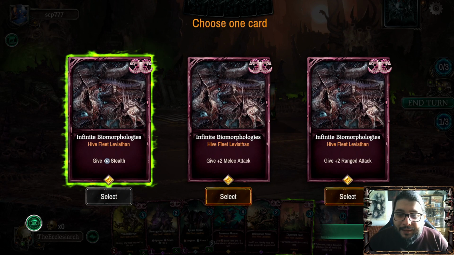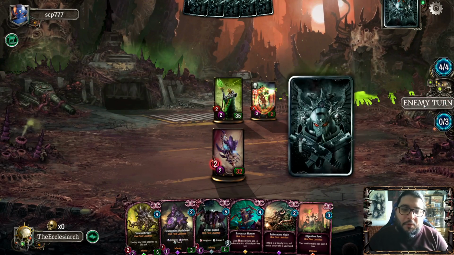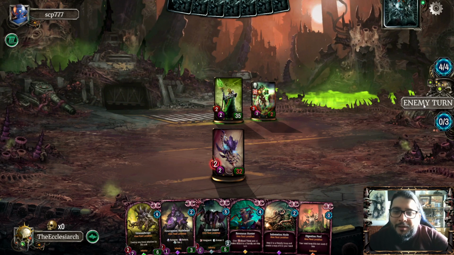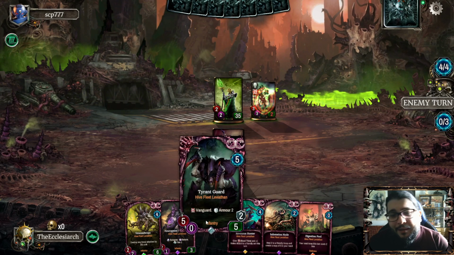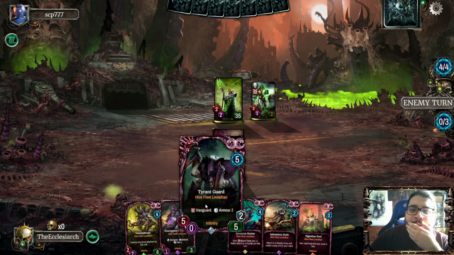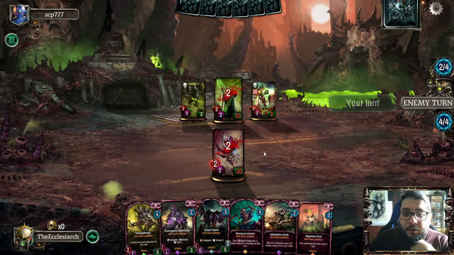And we get Stealth, and Stealth is certainly something that I want here, because I'm gonna get a Stealthy Venomthrope, which is gonna be super good. I think it was a good call to get the Biomorphologies. Once again, because if I drop this, he could have played the Scorpec on Energy 4, and he could take this out. If I knew that that faction did not have something like the Scorpec Destroyer, I would most certainly go for